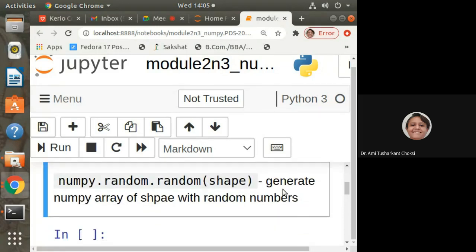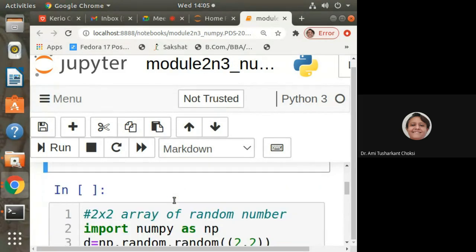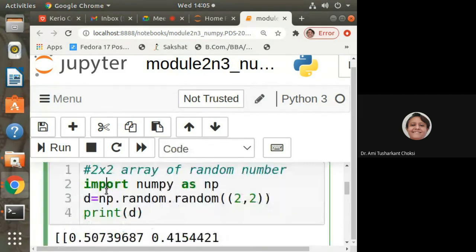numpy.random.random shape. Generate a numpy array of that shape with random numbers. So for that, import numpy as np. Do you every time need to import numpy as np? It is already imported in this particular file, right? So no need to import it again and again.